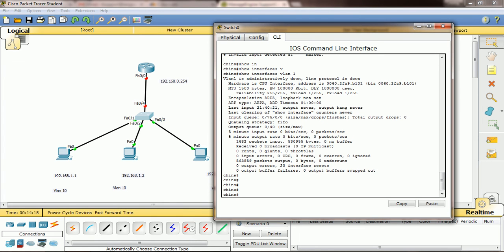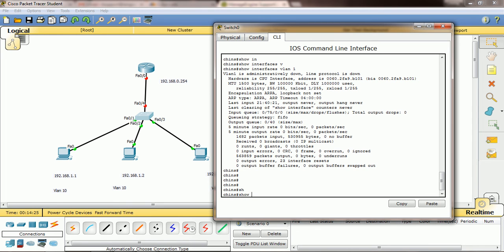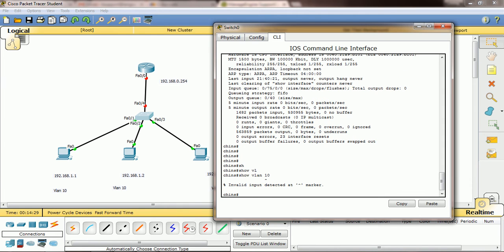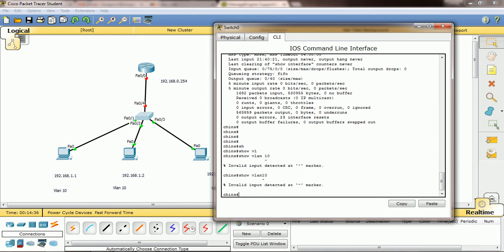If you type like this, you can see it. There is even one more command to view only the VLAN interface, that is show VLAN 10. No. Okay, in the next video I will let you know what that command is.